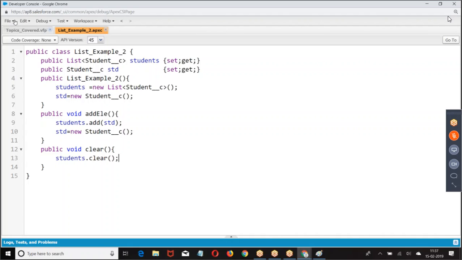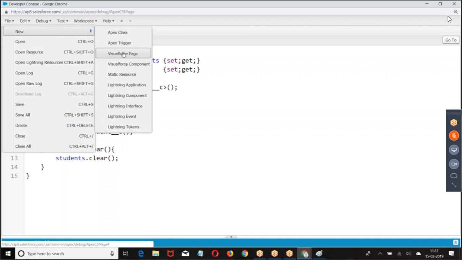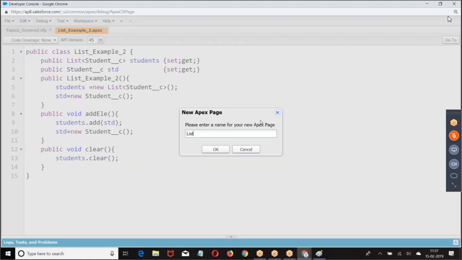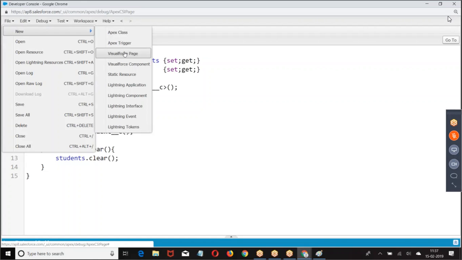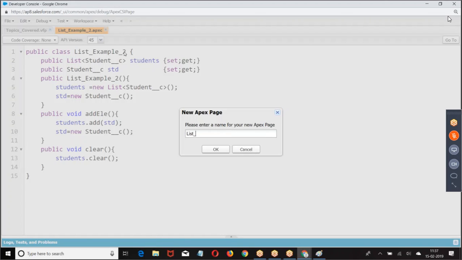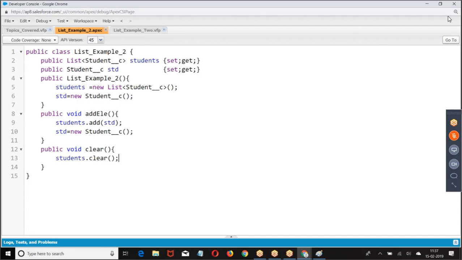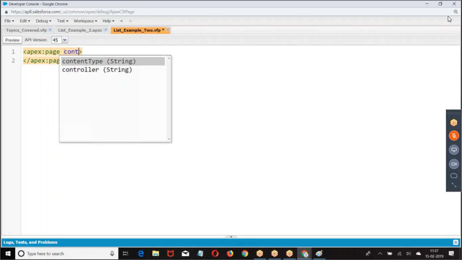Now, VF page. I hope no one has a query on this example, right?